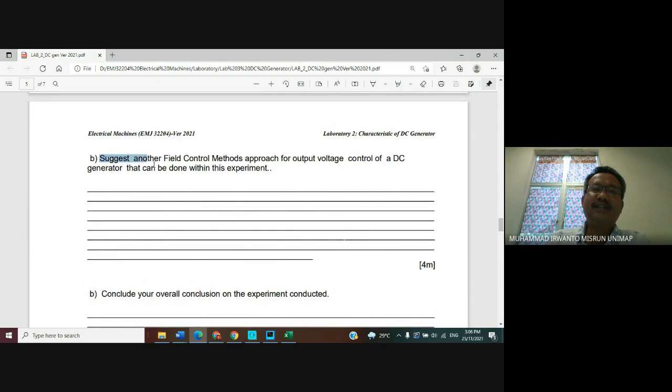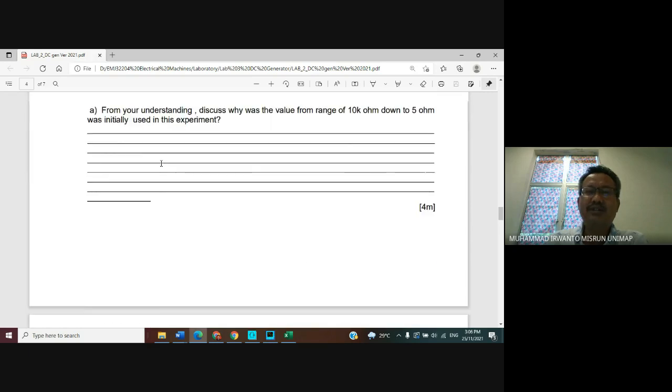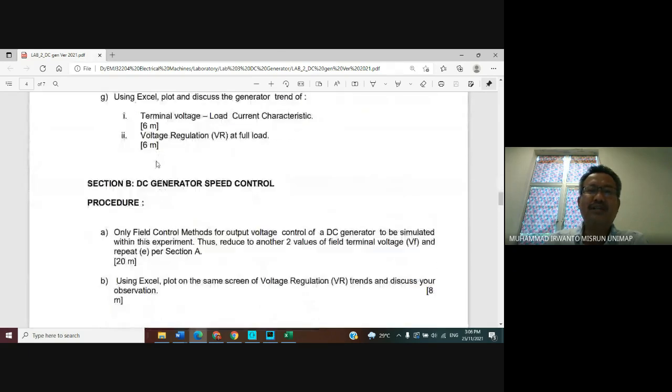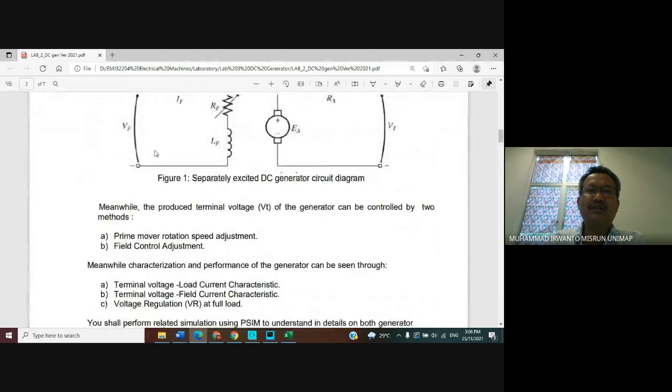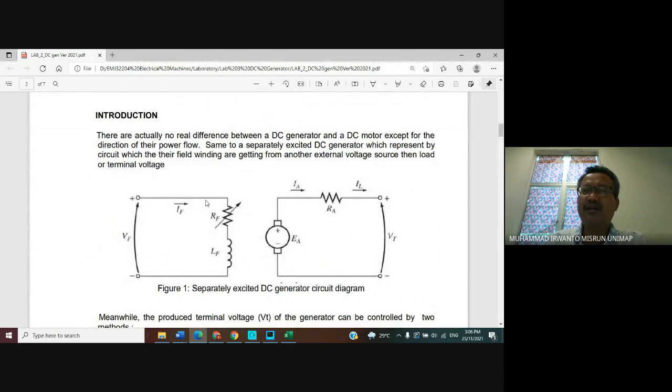B, suggest another field control method or approach for output voltage control of the DC generator that can be done within the experiment. In the experiment we changed the field voltage.